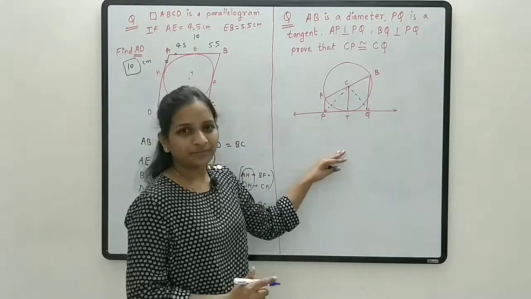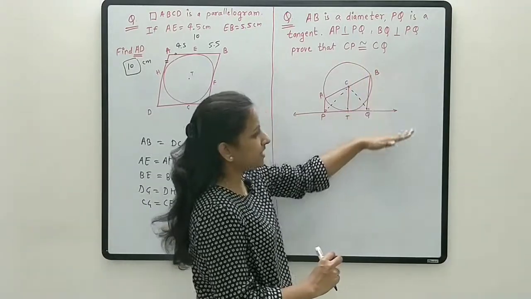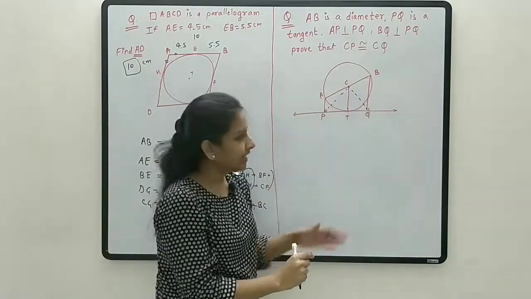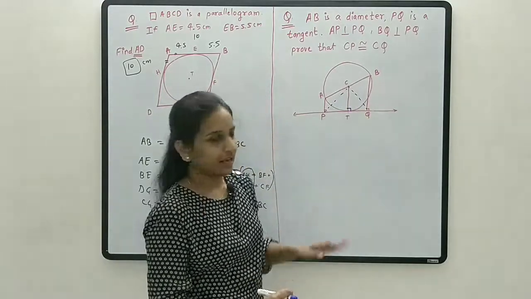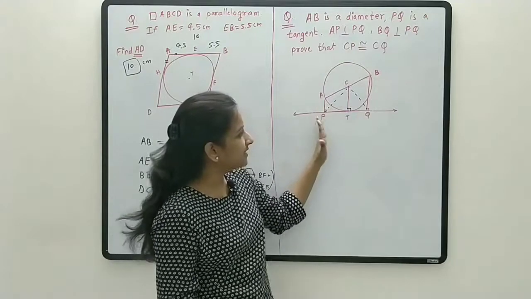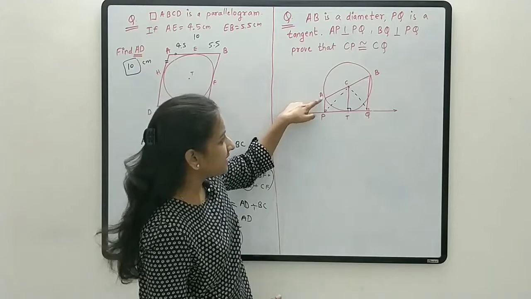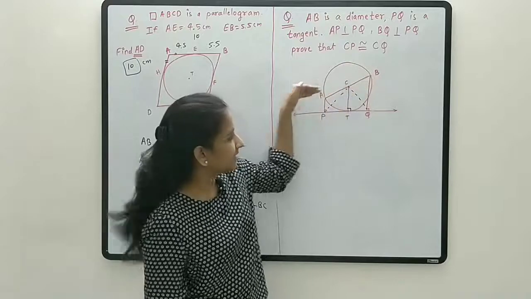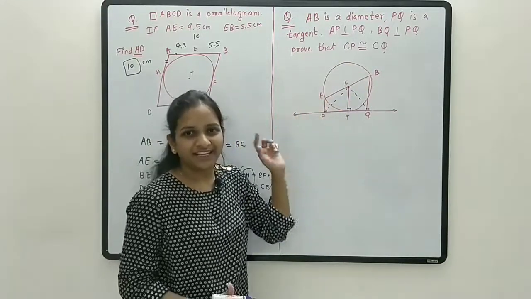Now let's solve this problem. See what is given? AP is perpendicular to the tangent, BQ is perpendicular to the tangent, and from the center, CT is the radius. Radius and tangent are perpendicular. Now these three lines are perpendicular to the tangent PQ, so we can say these three lines are parallel. Now consider the lines AB and PQ. For these three parallel lines, AB and PQ are the transversals. So there are two transversals and three parallel lines.